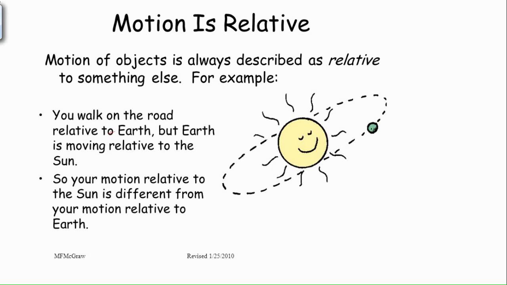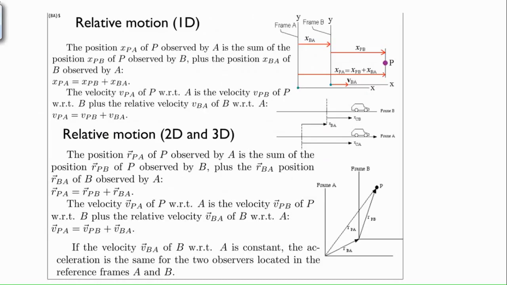So any kind of motion which is simply considered as absolute motion with respect to one frame of reference may be the relative motion with respect to another frame of reference. So in real practice we will consider certain kinds of problems in which motions are related to different frames of reference. Here the motion is to be bifurcated into classes: the motion in one direction, and another motion in 2D or 3D.